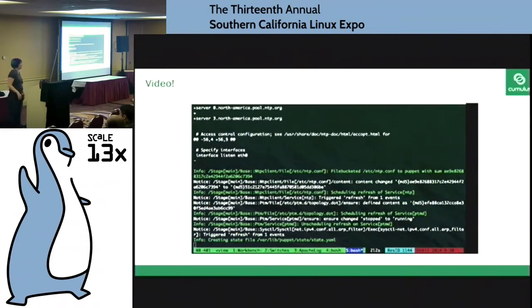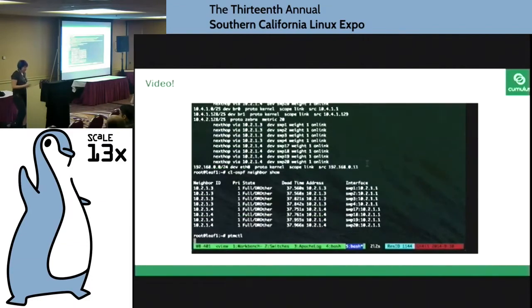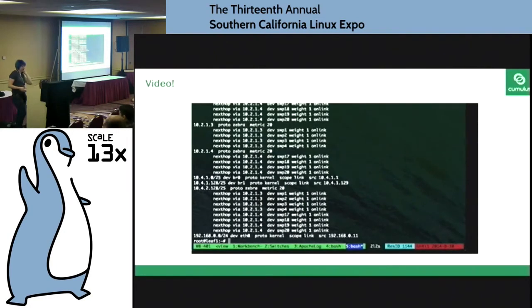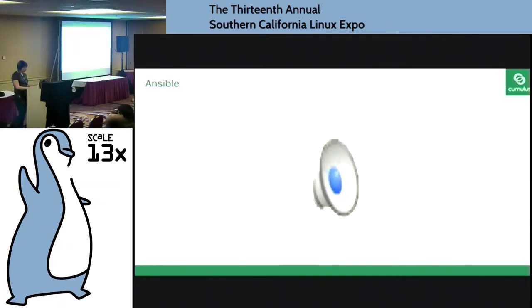Go figure. Yeah, and you see there, Puppet's run. Everything's configured. OSPF is up. Yeah, and all the routes are up. So there you go. Instead of having to cut and paste, you can just be lazy. Start your Puppet run. But then again, not everyone uses Puppet, so I figured I will show you the same